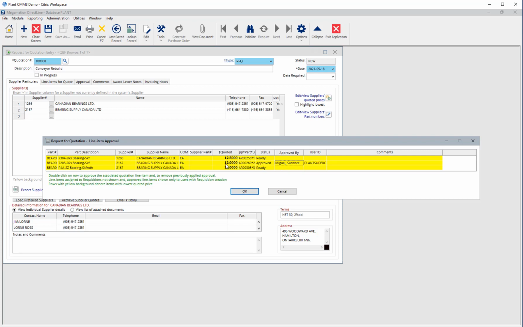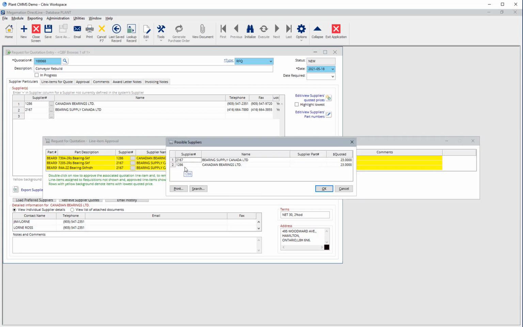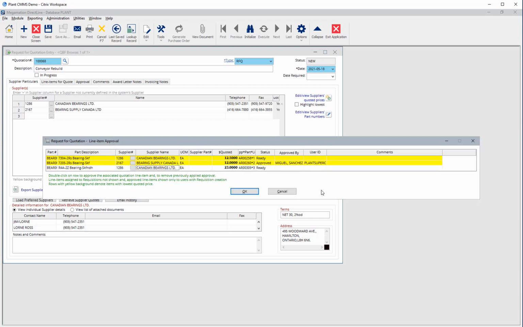A supplier can be changed by clicking in the Supplier Number field. The list of suppliers will be displayed. Choose a supplier and hit OK. Once all lines are approved,